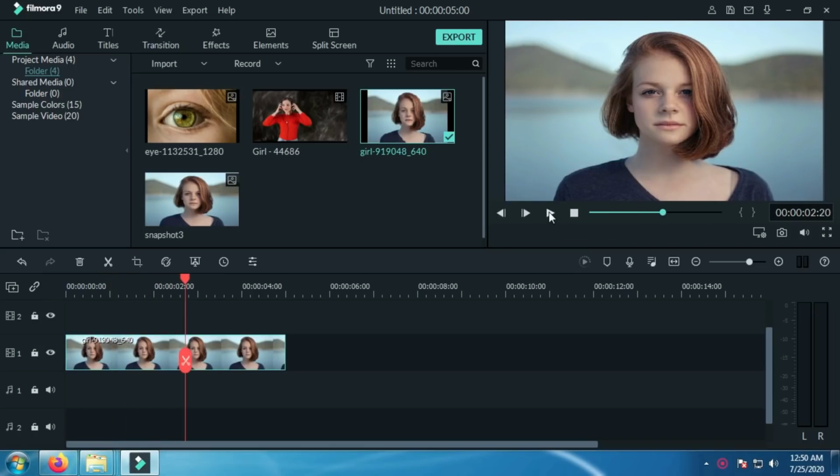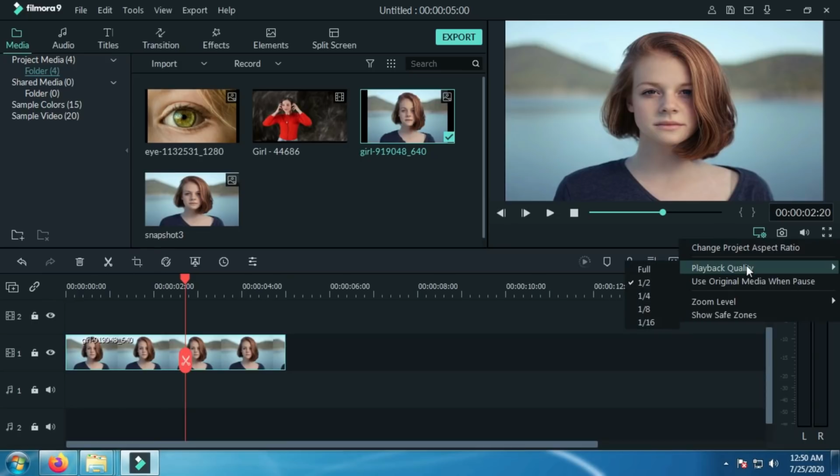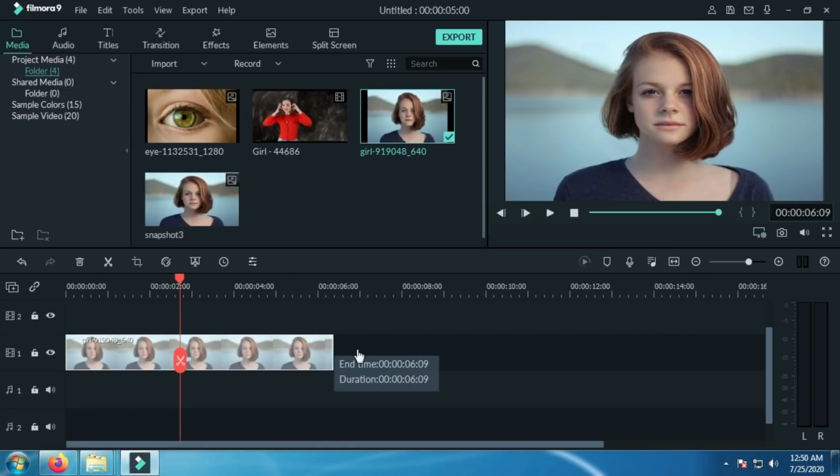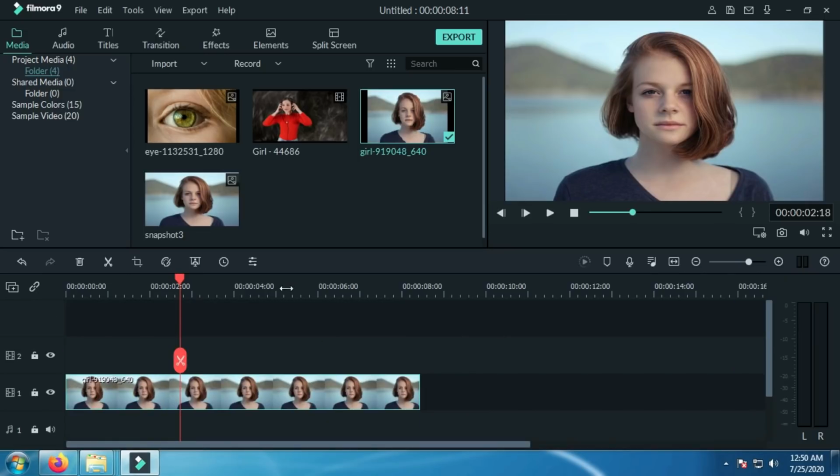Okay, there are some special features like the playback quality. Normally it is 1/2, but if your system is slow, you can go for 1/8. But the final output remains the same. It will not change due to this. See, there is a zoom option. You can zoom in video.